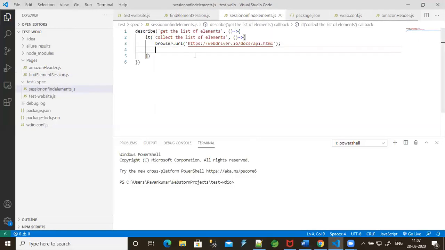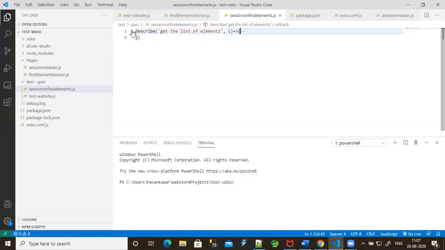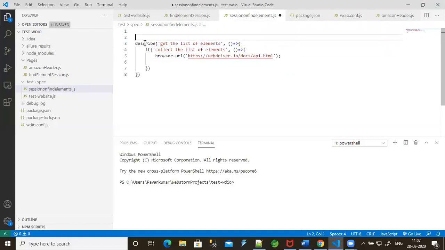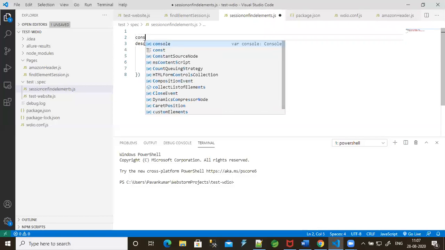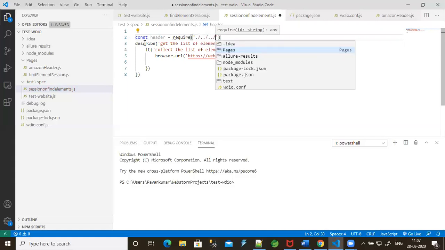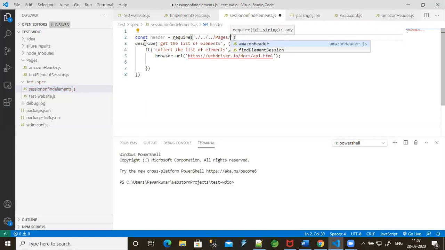For this, we have to call the class here. We are importing a constant header is equal to require, and we are using this find element session.